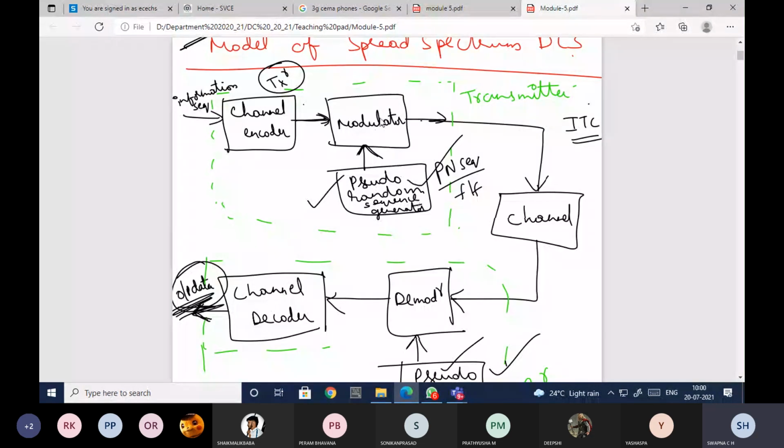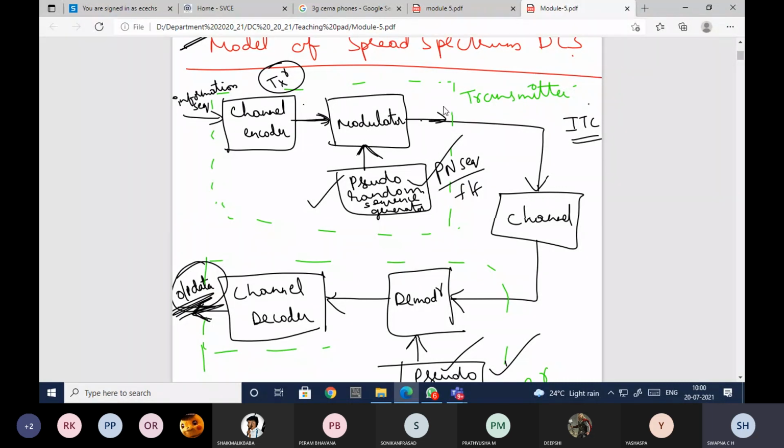The modulator helps to spread the spectrum. The signal coming from the encoder gets modulated by using the PN sequence.